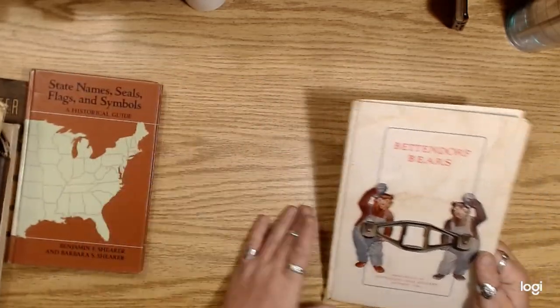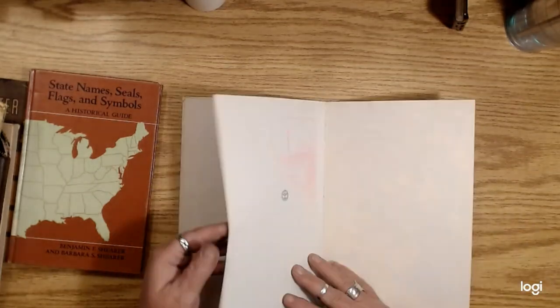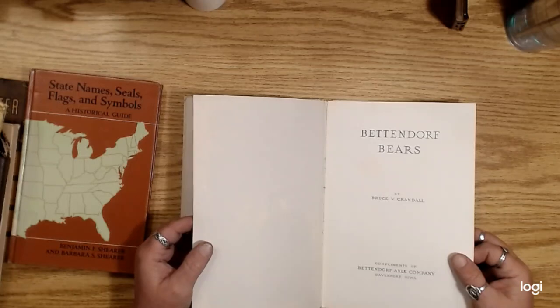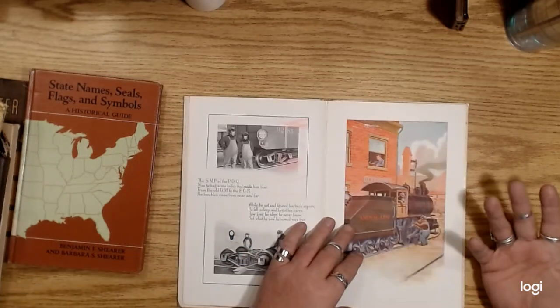Bettendorf Bears. God, my hands are just like...